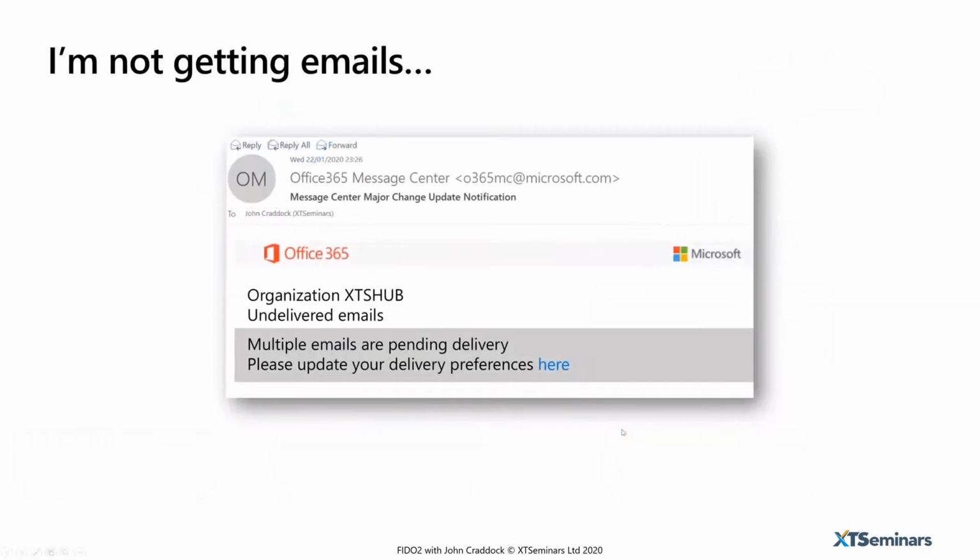Another thing, people get emails, and when they don't get emails, they get very disturbed. You've received something like this. This looks really genuine. Organization, XDS Hub, undelivered emails. And it says multiple emails are pending delivery. Click here. So I click here,